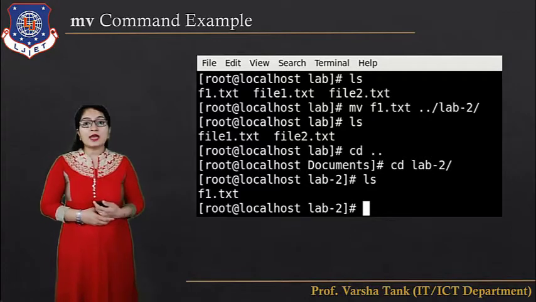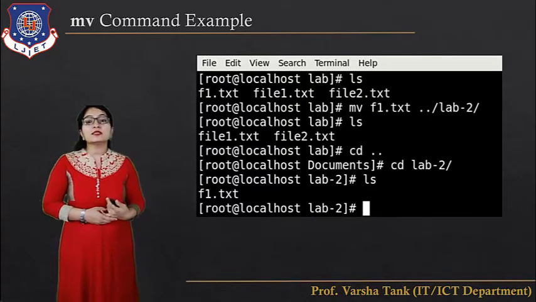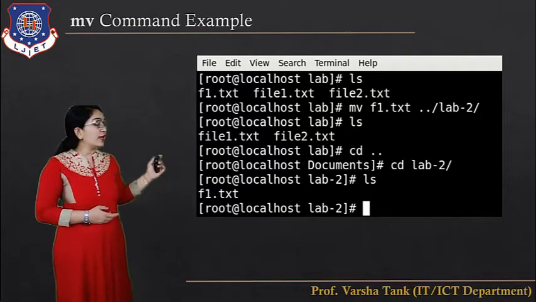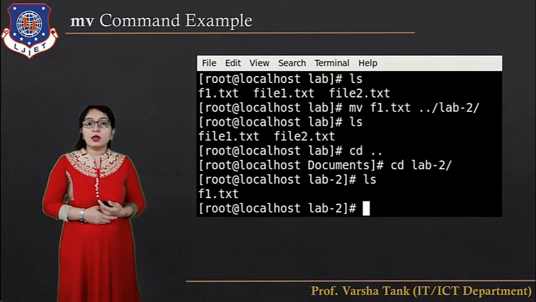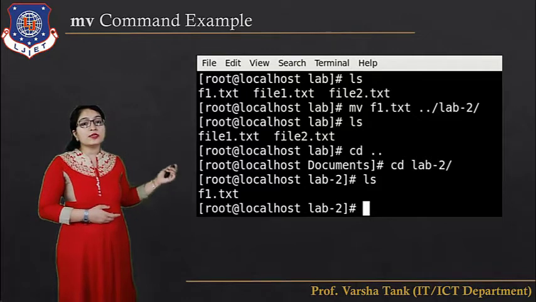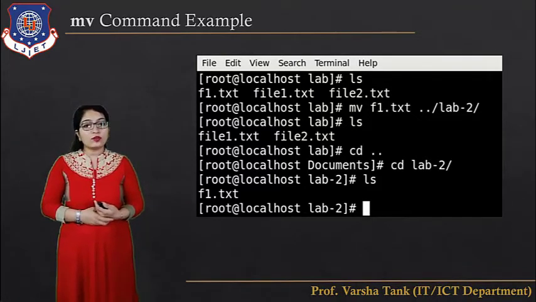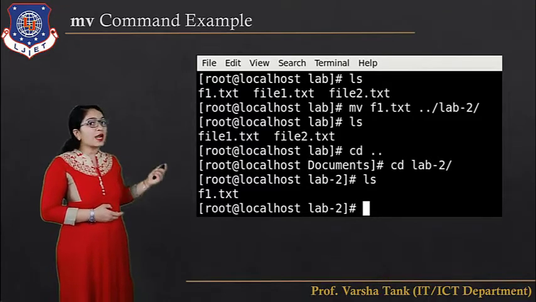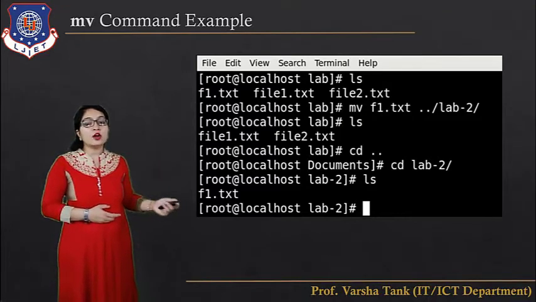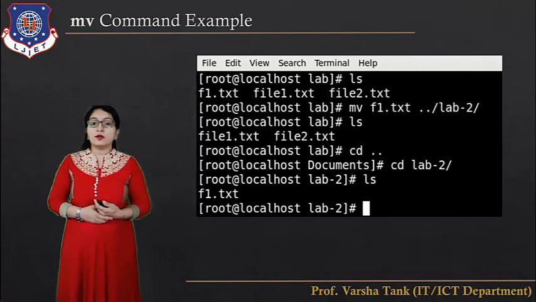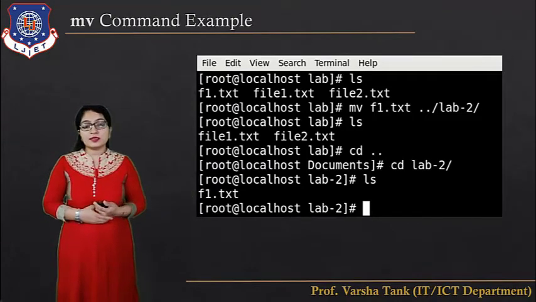Whenever you describe ls, f1.txt does not exist now because it is moved to lab2. After that you have to move towards the lab2 directory. So here cd .., after that cd lab2, that means you are now in the current directory lab2. And when you do ls, f1.txt exists, as you can see here.